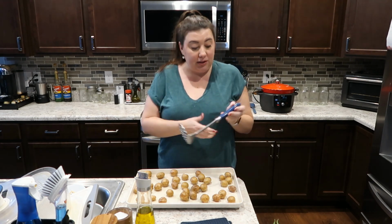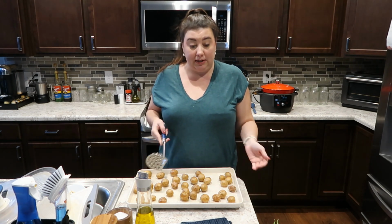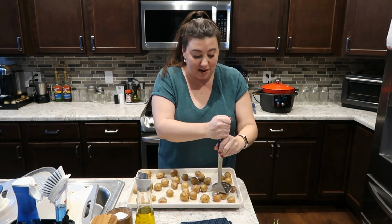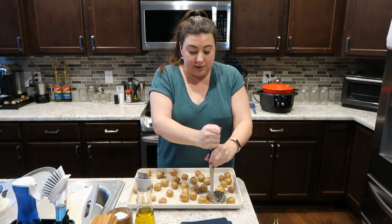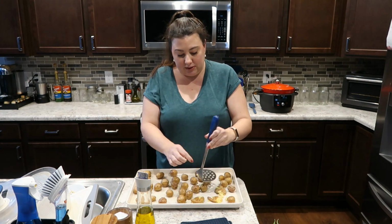I'm gonna go ahead and use my handy dandy potato masher and give these guys a little mash. They're cooked through, they're done. But this will just make them a little extra crispy and give them a little more texture. And since we've got the oven on and we've got the time, let's just go ahead and do it. So this is literally just smashing them, and then we'll add a little bit of extra oil. And that'll give us, you know,